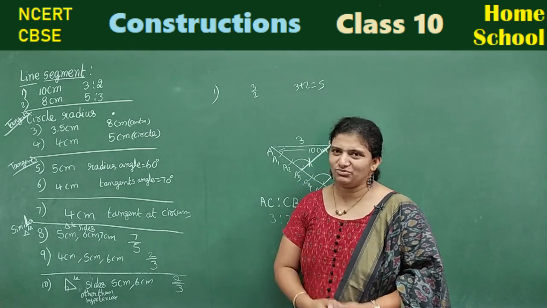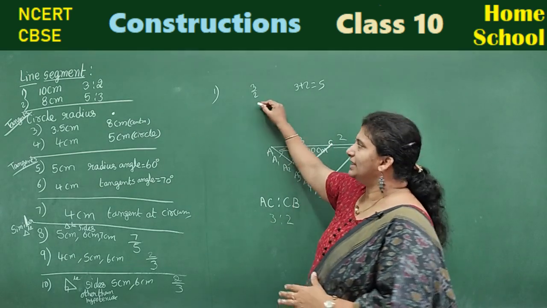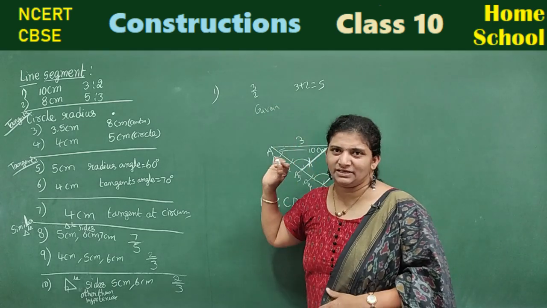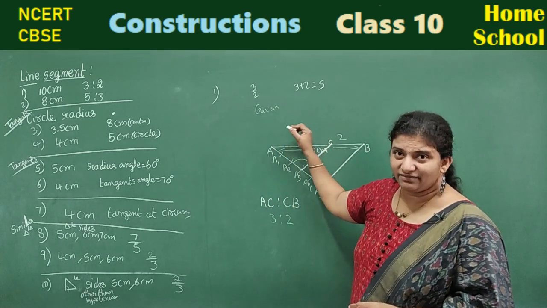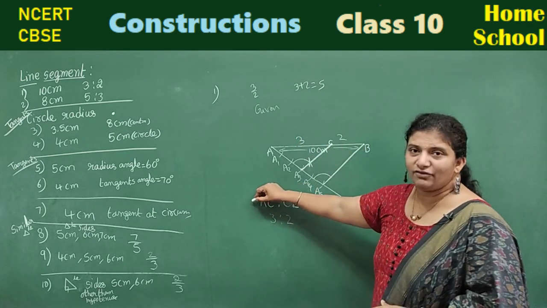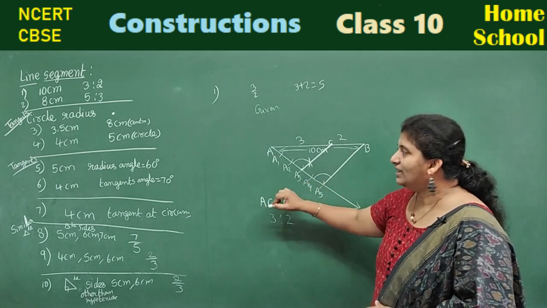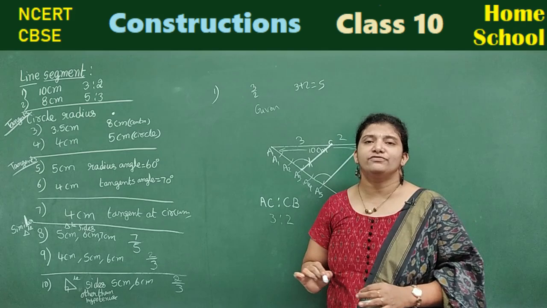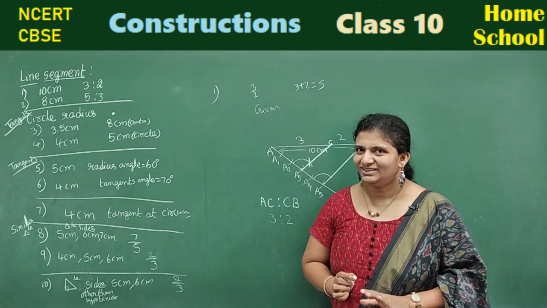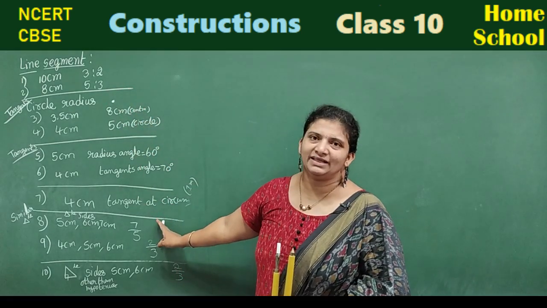You are going to do the second problem. And to score full marks, you need to write here: given line segment length so and so, 10 centimeters, and the line segment is to be divided in the ratio 3:2. And then again, therefore line segment AB is divided in the ratio AC is to CB. If you end your problem with all these statements, you are going to get full marks. Either dividing a line segment or this variety they may ask you.